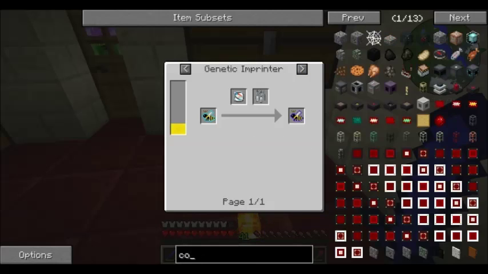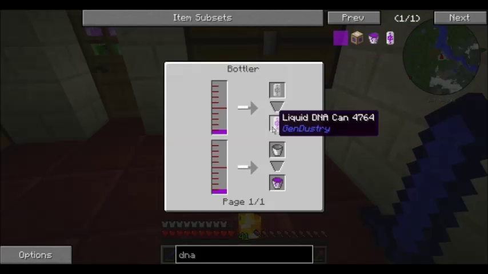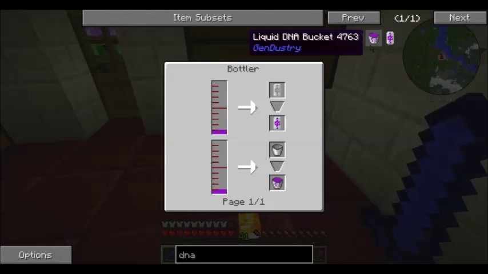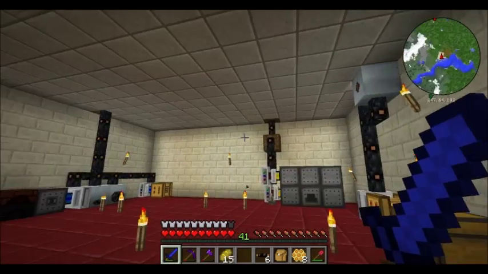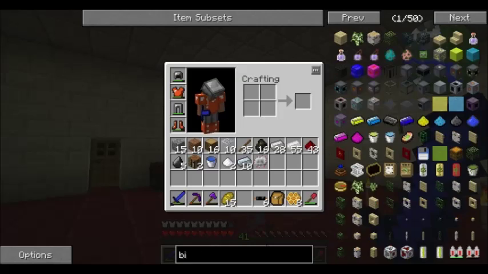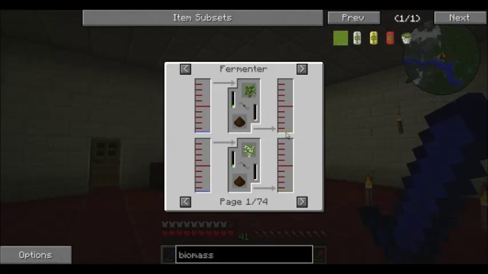Let's see what we can do with liquid DNA. Uses. Well, we can throw it into a DNA can, or we can throw it into a DNA bucket, or we can do absolutely nothing with it, because that is all that we can do with it. I wonder if it powers the biomass. Like, I wonder if it works the same. Oh, we can do this with all of our freaking